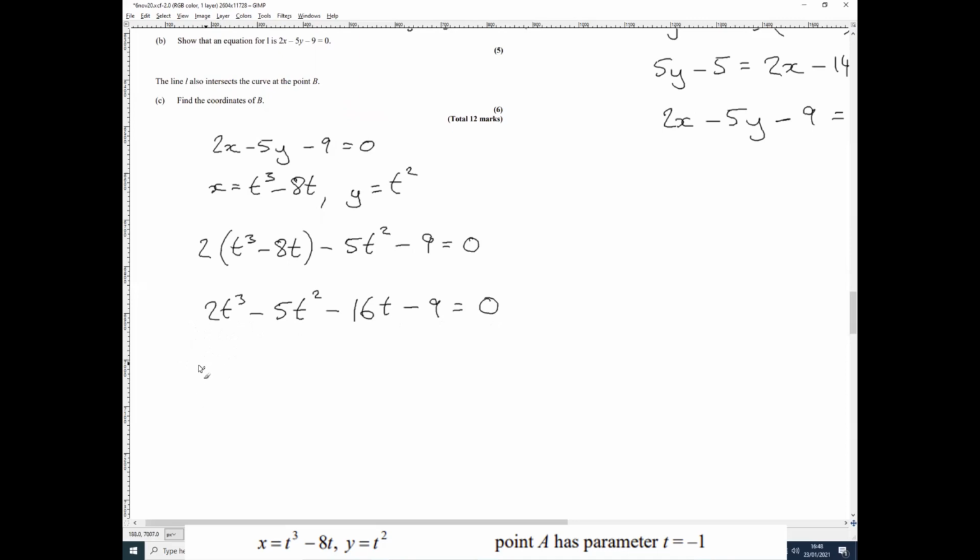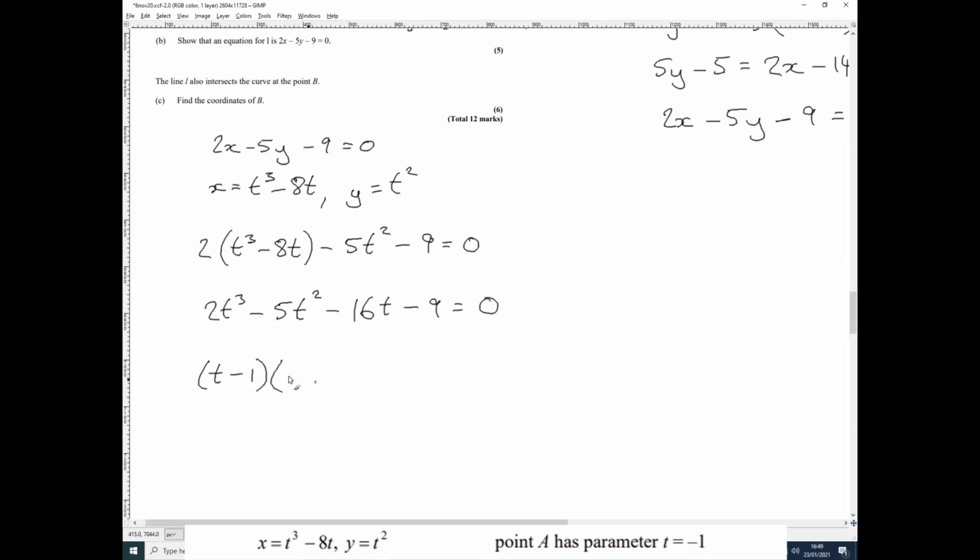It's really tough in a way if you've got no clues, because you've got to say, oh God, they're asking me to solve a cubic. I hope that one of the linear factors is t minus 1, or 2 or 3, or t plus 1 or t plus 2, etc. So what we'll try now, if one of the linear factors was t minus 1,